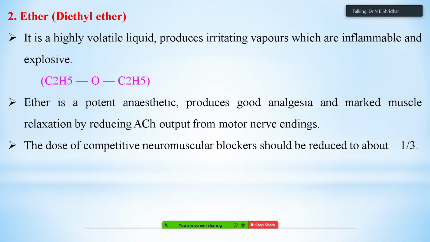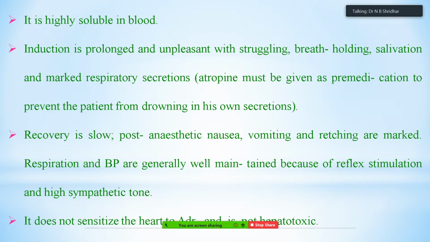The dose of competitive neuromuscular blocker should be reduced to 1/3. So to get a very good muscle relaxation, competitive neuromuscular blockers should be administered, and it will reduce the dose to 1/3. And it is highly soluble in blood. Because of this, its induction is prolonged and unpleasant with struggling, then breath holding, salivation, and marked respiratory secretions. So that's why atropine should always be given as pre-medication to prevent the patient from drowning in its own secretions, because